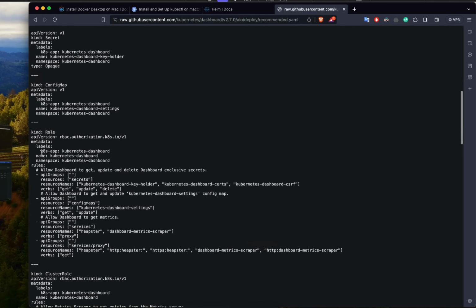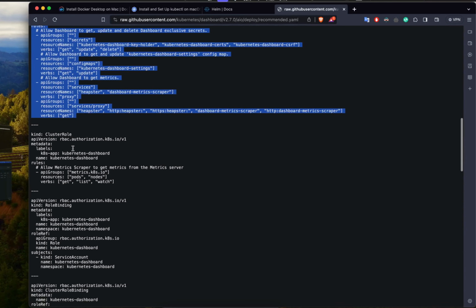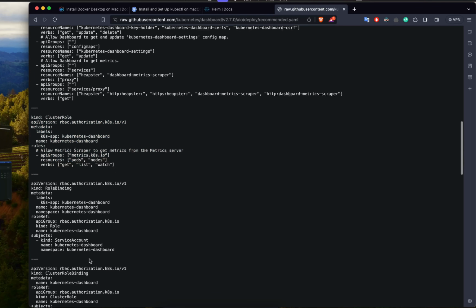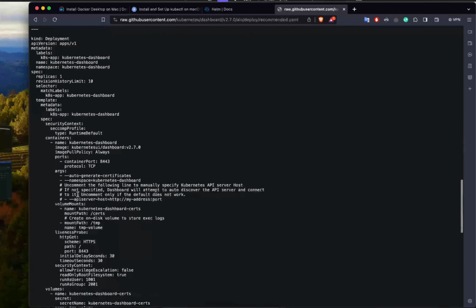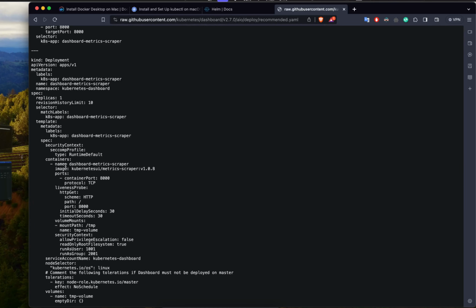Config map, the roles, permission. This is the role-based access control for this guy. The cluster role binding, deployment, what else? Service deployments as well. And this is the YAML file that is containing all our